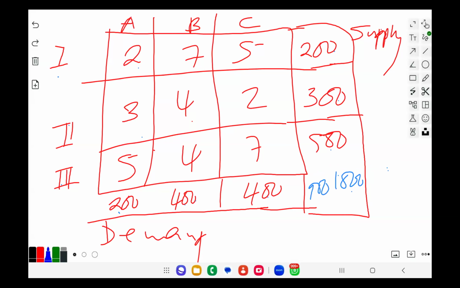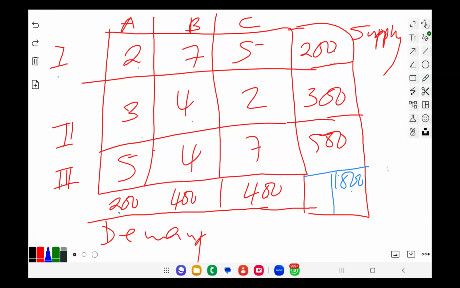You follow? Your supply, when you add, is 1,000, but the demand is 900. What you're going to do, you're going to create another column, or a dummy column, that will just have zeros. And the way it will be done is that the number that you're going to put here on the demand, since there is a shortage on the demand side,